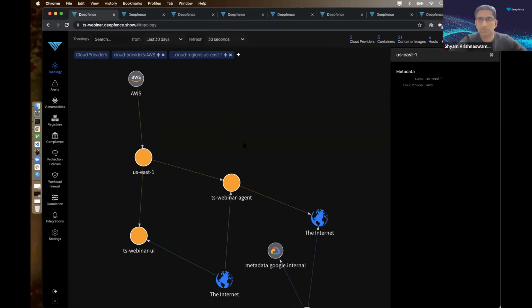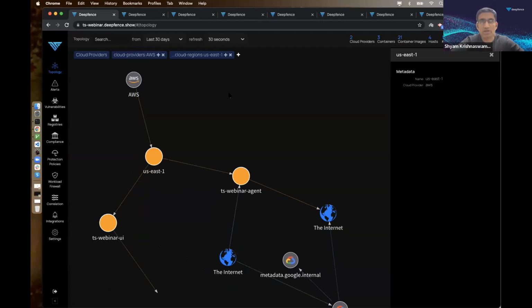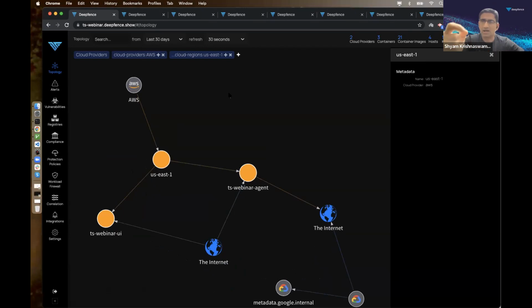I would like to be alerted if I see my application open a new outbound connection. I would like to be alerted if my database sees a sudden burst in connections, 150,000 connections per day to maybe 300,000 connections, right? These are events that are happening in my production infrastructure, and I would like